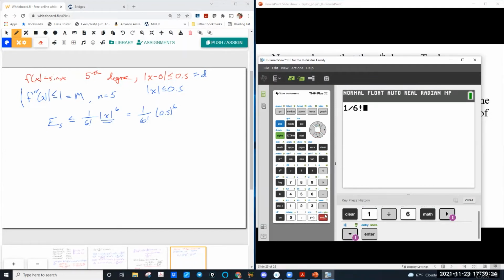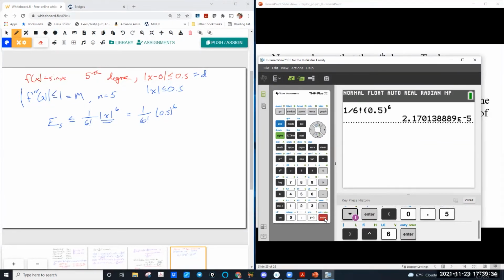So there's our 1 over 6 factorial, and then times 0.5 raised to the 6th. So a really small number, and it's because we have such a high degree polynomial and such a small interval. So this is what, 2.17 times 10 to the negative 5th,